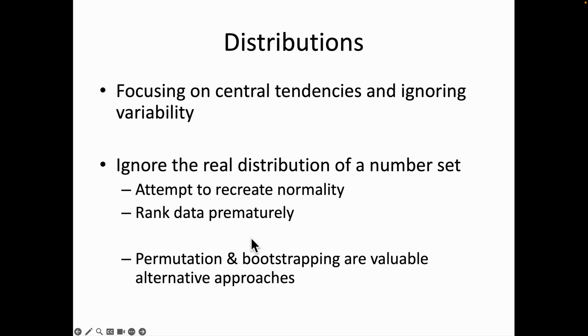Further, don't immediately plunge into ranking data. Remember, ranked data is weird. It has that situation of uniform distribution. It changes the structure of the variation within the data. You got all of those weirdnesses that occur when you have tied ranks. I mean, it works, but it is weird.